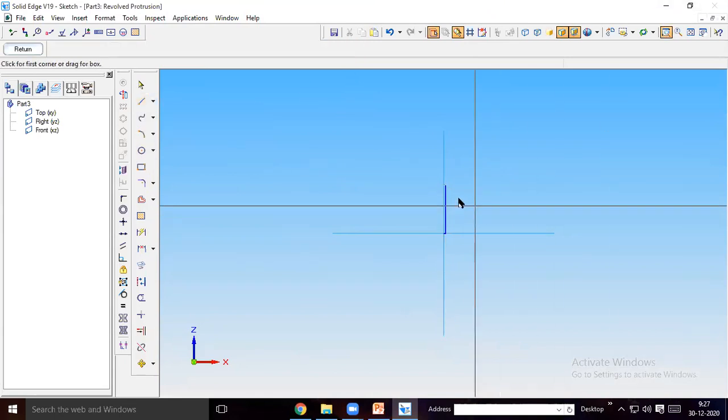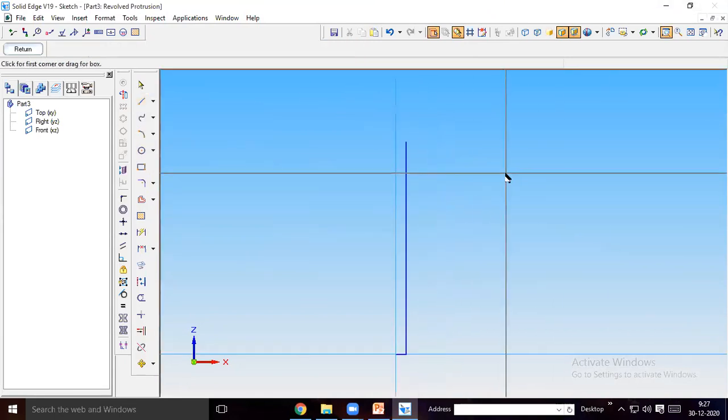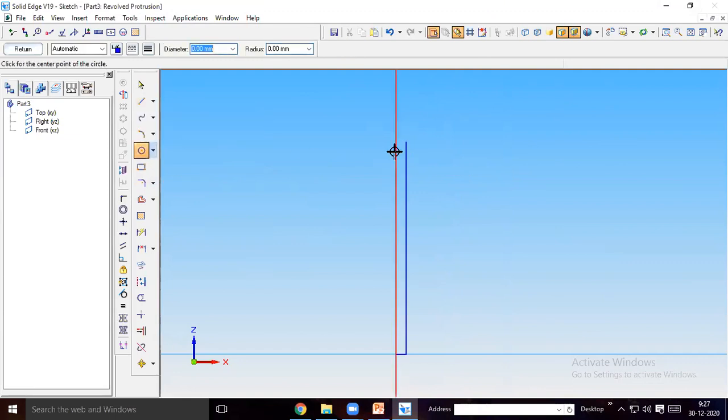Then here, on the other side, you will extend this line.